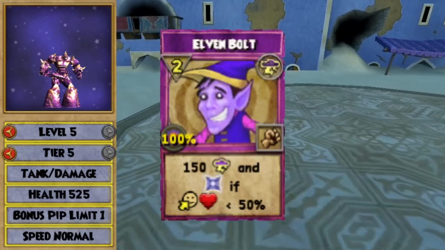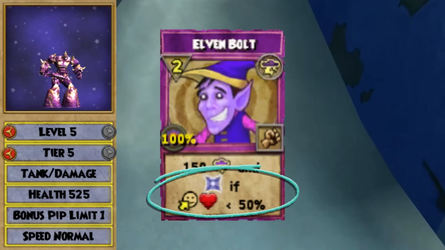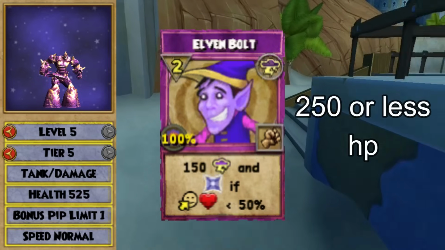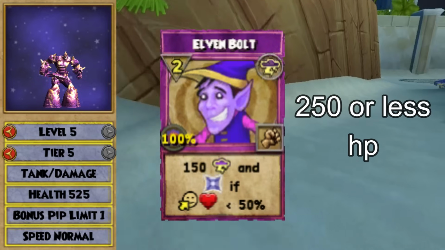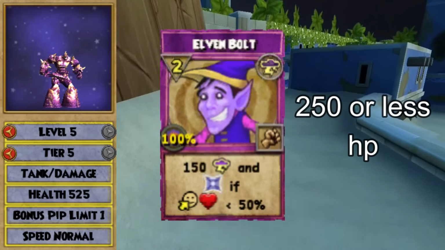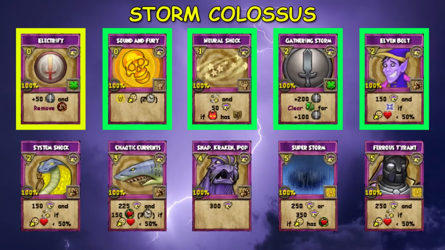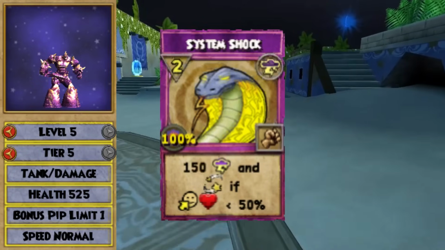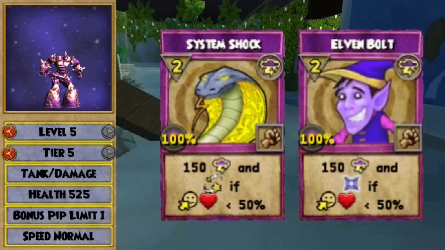Elven Bolt is a 2 pip 150 hit that throws on a Dispel if your health is at less than 50%. This means if you have 250 or less HP, it'll dispel the enemy, making this a pretty easy condition to pull off, considering you'll be taking damage while you're taunted. I love this one. System Shock is basically the same as Elven Bolt, but slightly worse, because instead of dispelling